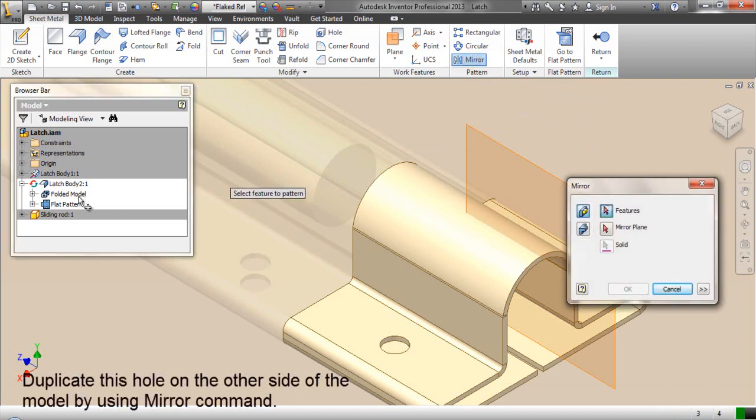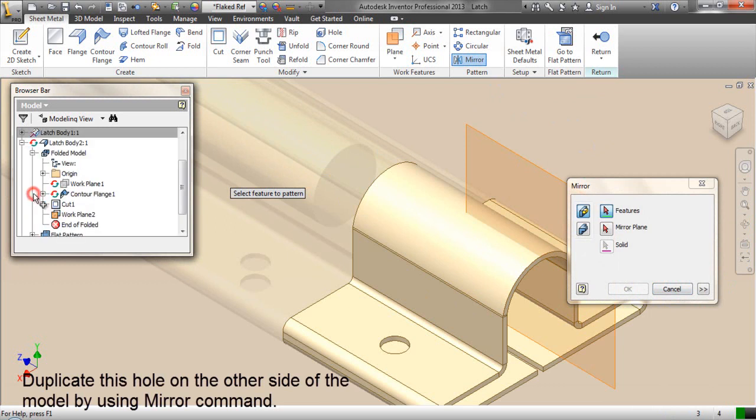Duplicate this hole on the other side of the model by using mirror command.